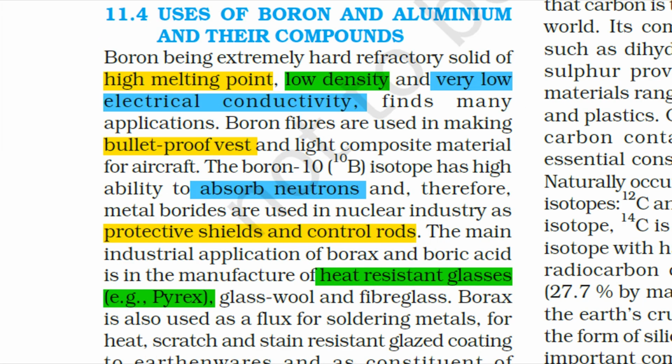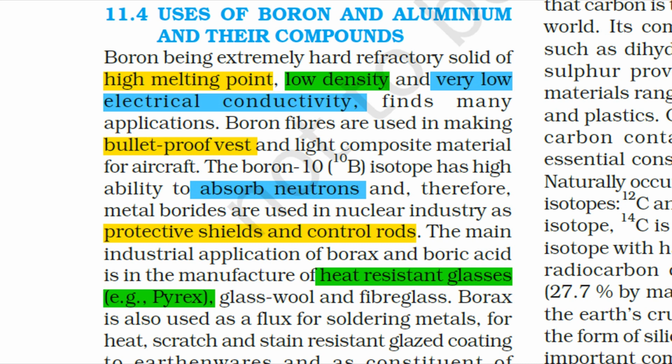Next, 11.4 uses of boron and aluminium and their compounds. Here there is no such thing to explain, so I will just read it. Boron is extremely hard, a refractory solid, of high melting point, low density, low electrical conductivity. It has many applications, like boron fibers are used in bulletproof vests and light composite material for aircraft. Boron-10 has high ability to absorb neutrons, and therefore metal borides are used in the nuclear industry as protective seals